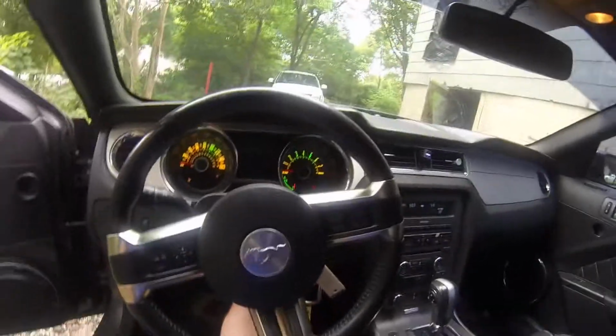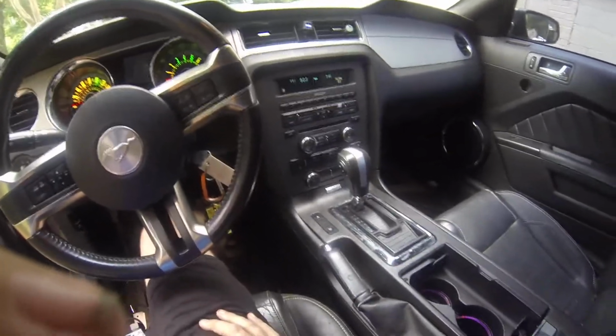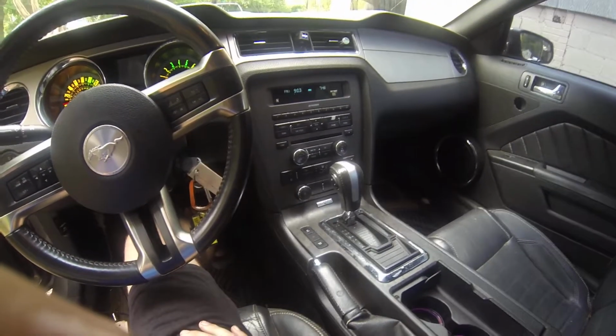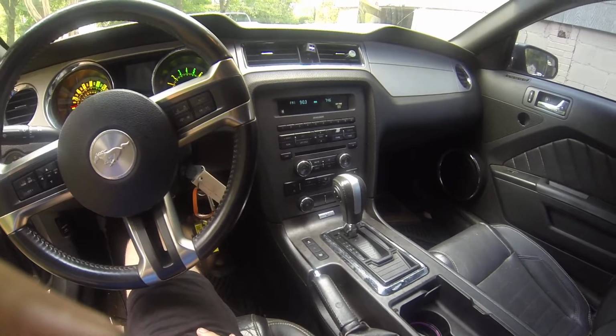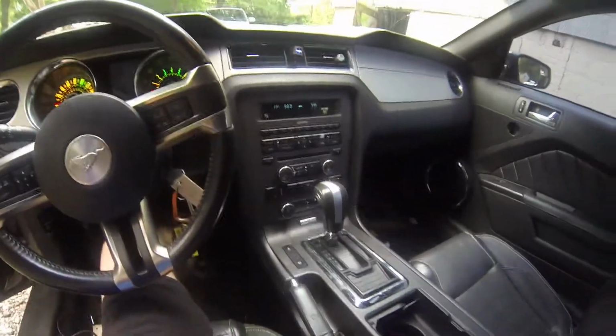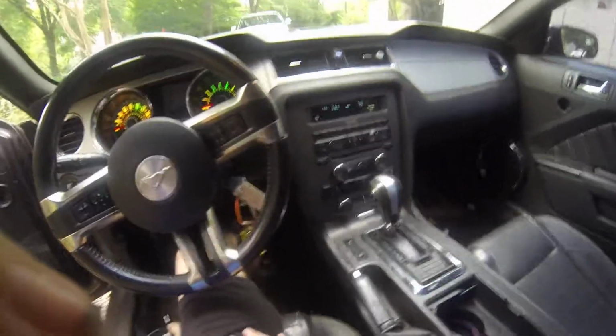And despite us giving this one away, I'm going to continue to look for another project. I'm going to try for a V8 GT model Mustang, or maybe I might get lucky and get a Camaro or Corvette, possibly not a Challenger. It just depends on what the auctions have. For the right price, I might buy it, because I really want a manual stick shift V8